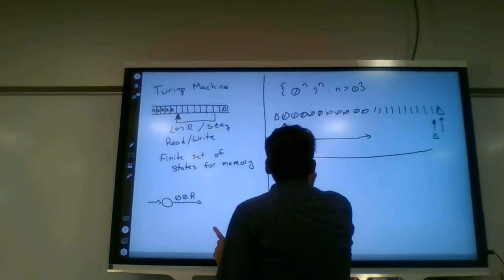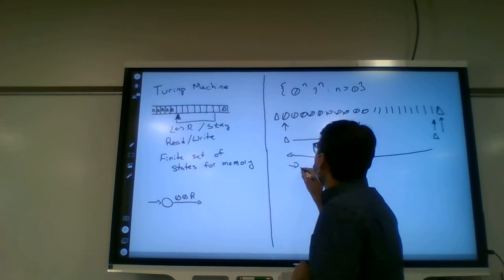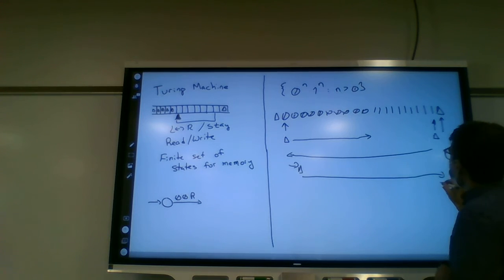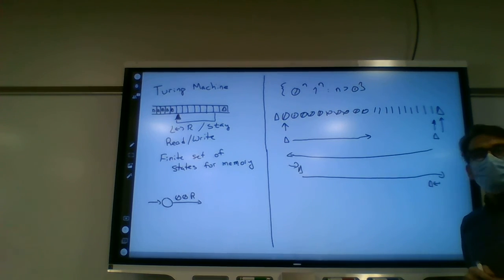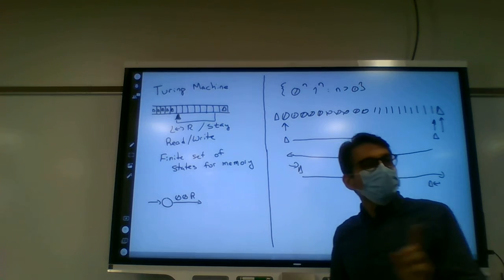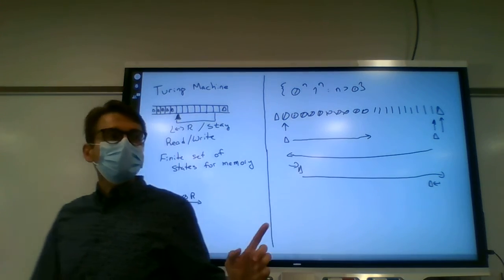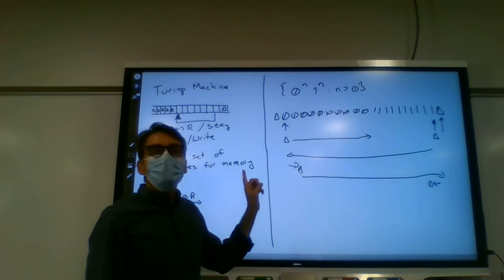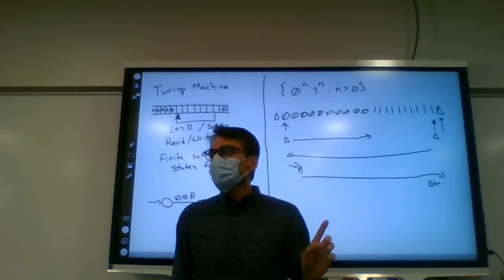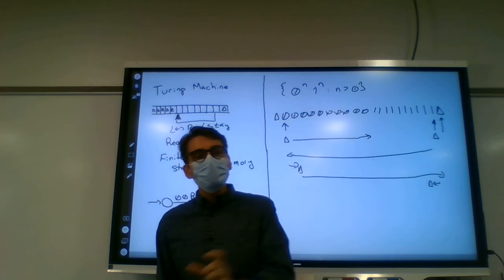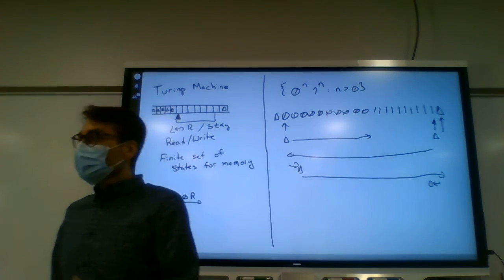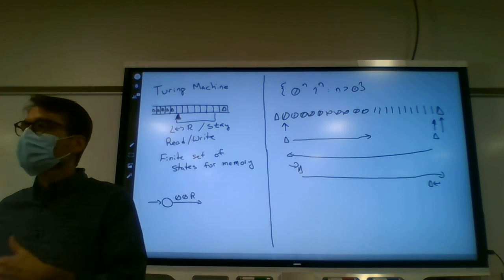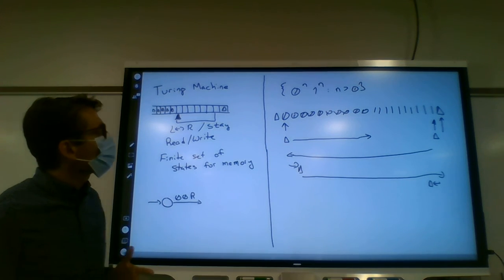Move 1 to the right. Switch it out. Replace that one. Come all the way to the end until we read this delta. Come back 1. Switch it out. And we can keep doing that, back and forth until what? If the string was in the language, then they would all be marked off at the right time. If the string is not in the language, there would either be 1s left or 0s left. Right? Either too many 1s or too many 0s.